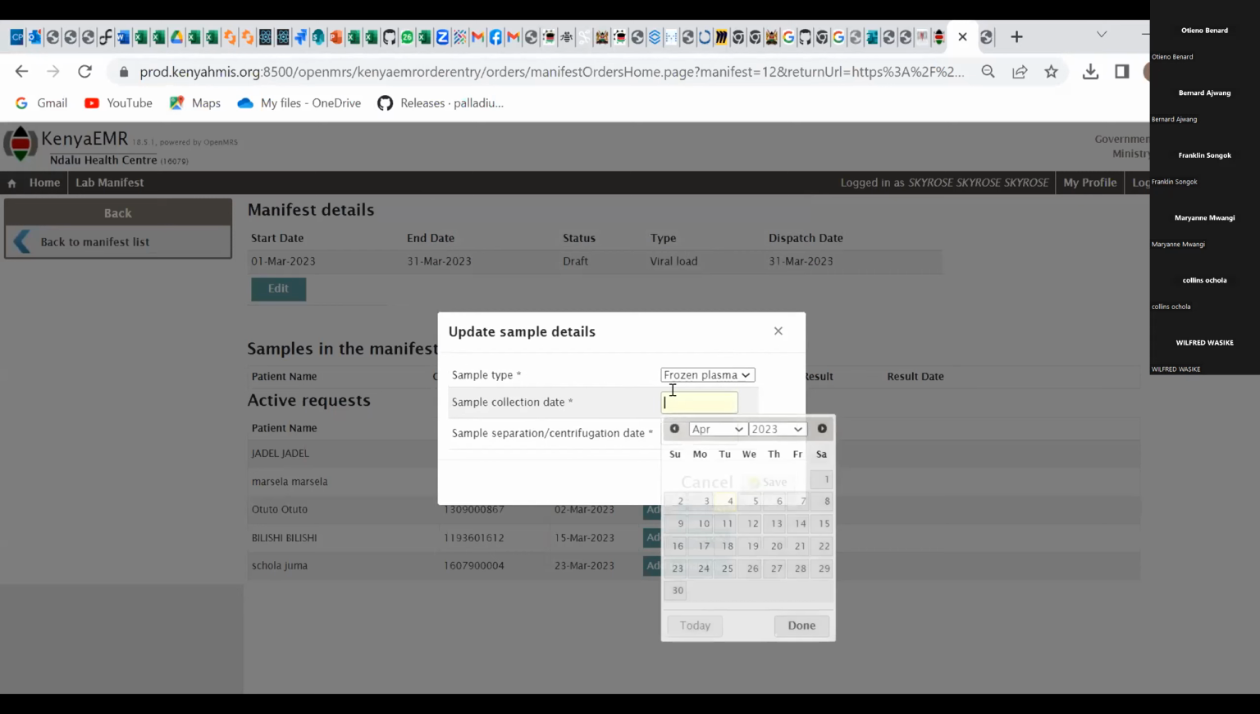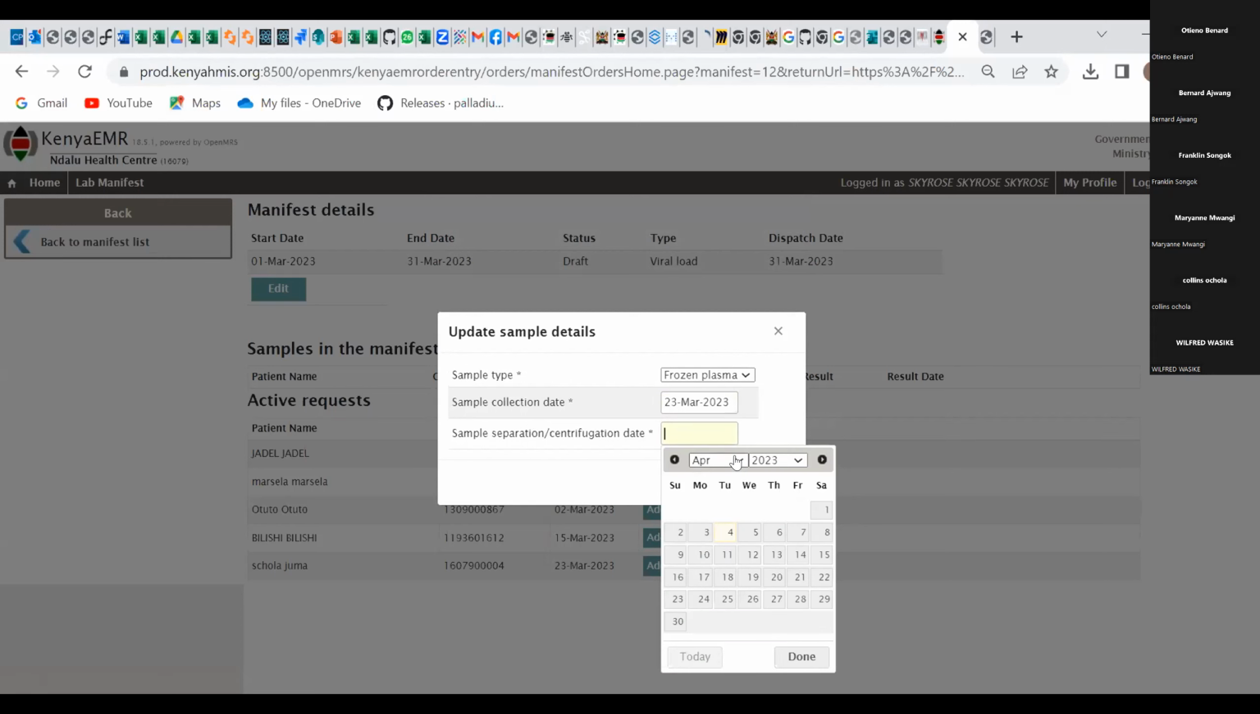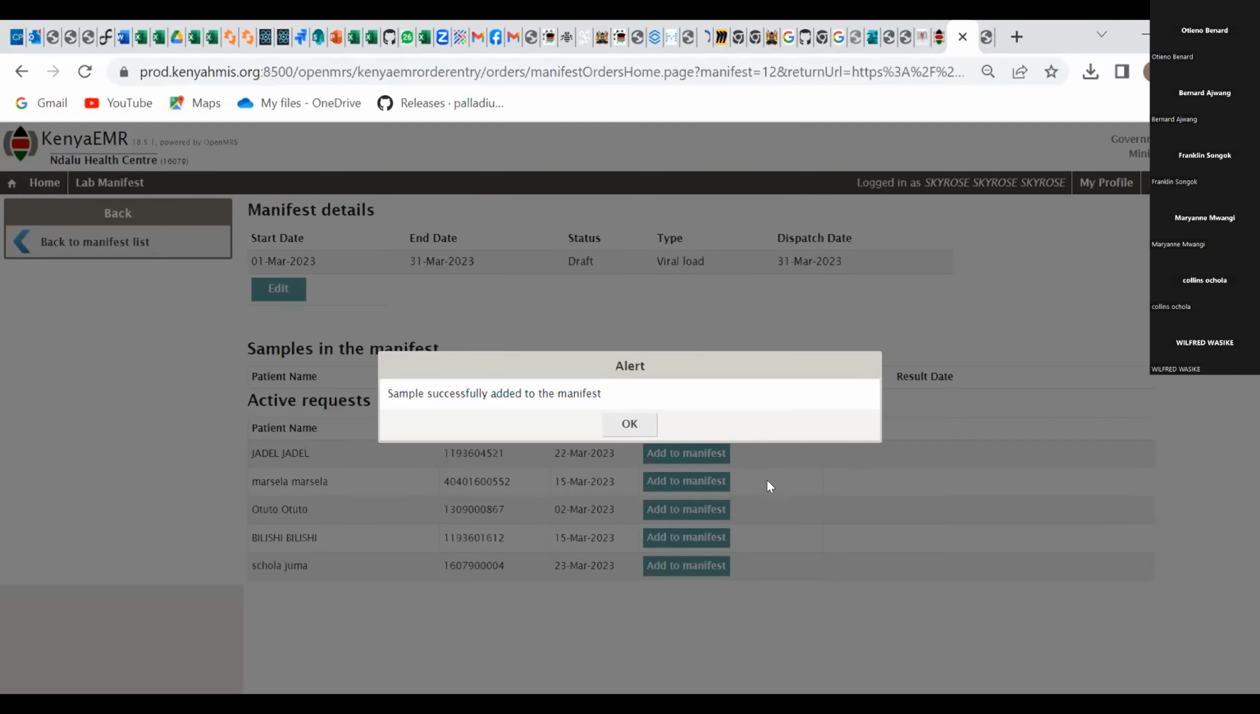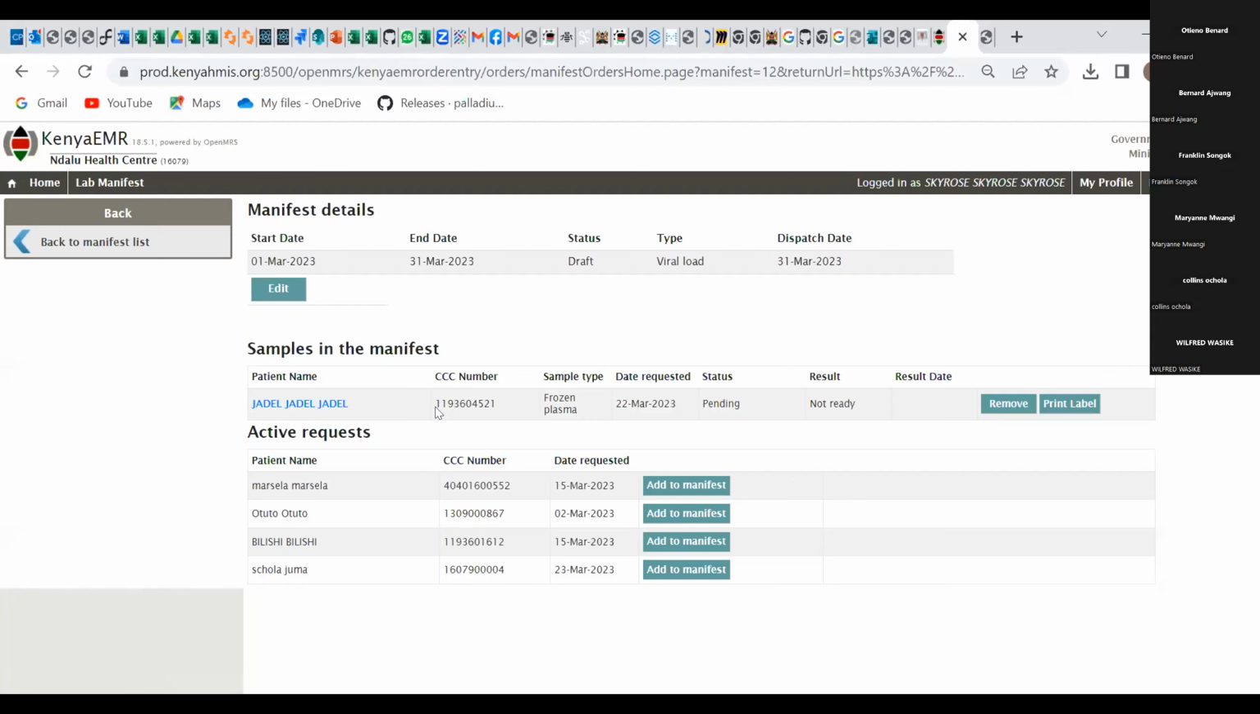The date the sample is, it's for March. And let's see, on 20. Be the same date, 23rd March. And we can save. And then you'll get an alert saying that our sample or our request has been successfully added to the manifest. And when that happens, you'll find that now among the samples in the manifest, our sample